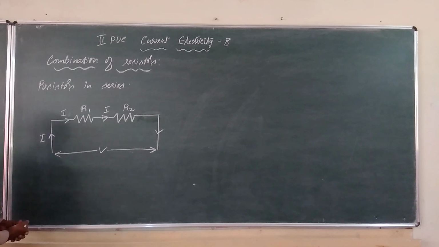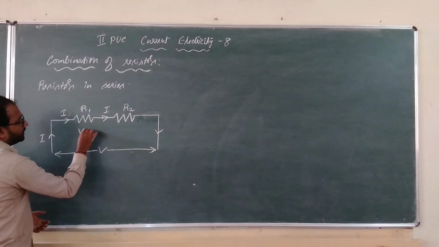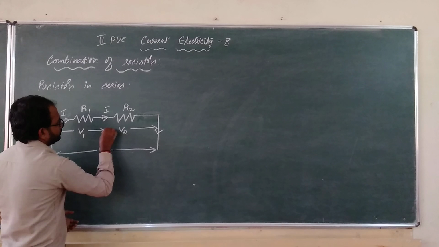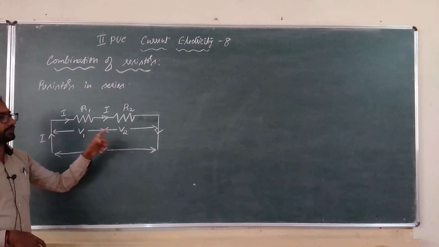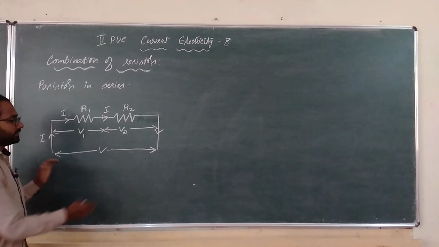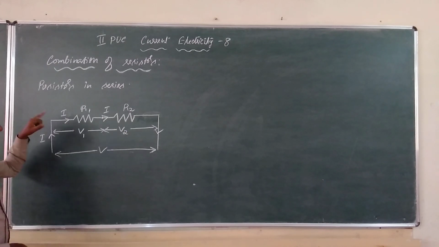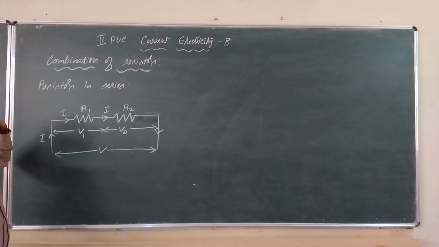Okay, so what about the potential difference across each resistor? The potential difference across R1 is V1, the potential difference across R2 is V2. Okay, you studied this in the case of capacitors which are connected in series. The potential difference across the first capacitor is V1, across the second capacitor is V2. What is the net potential? It is V1 plus V2. Okay, same thing here. Instead of charge we have current, that's all. Charges are flowing here. Therefore, in the case of capacitors, we were discussing the charge, capacitance and voltage. Here we discuss the current, resistance and voltage.